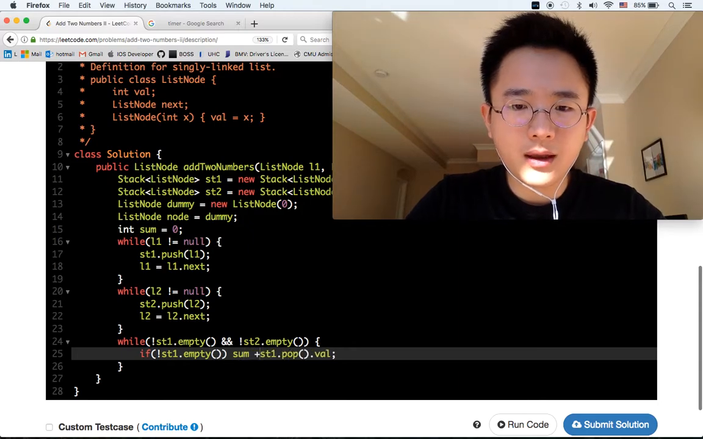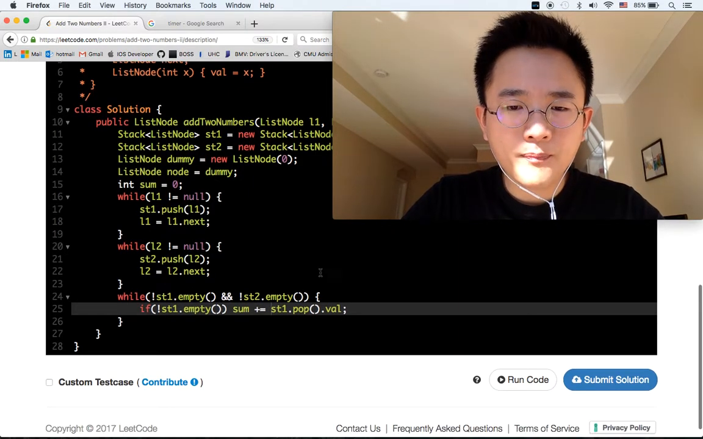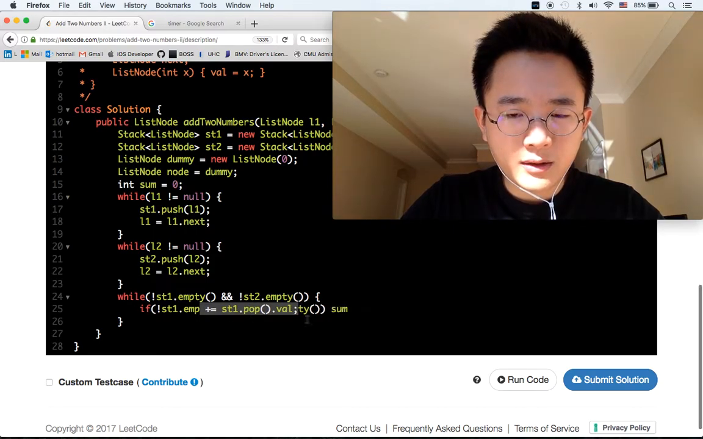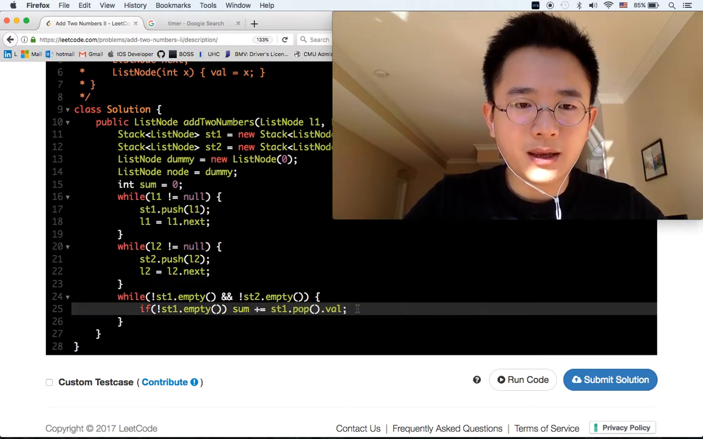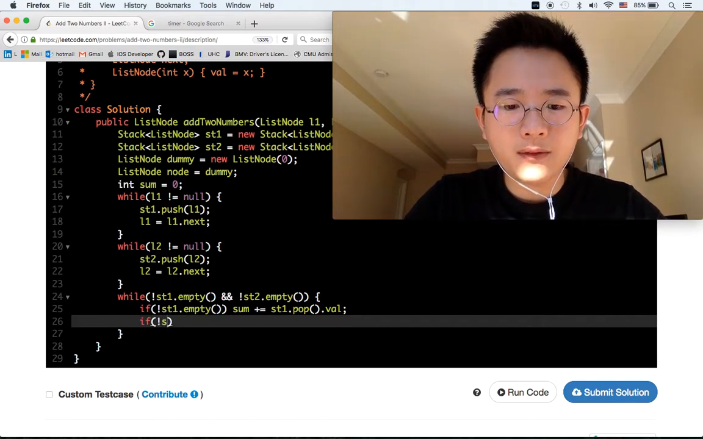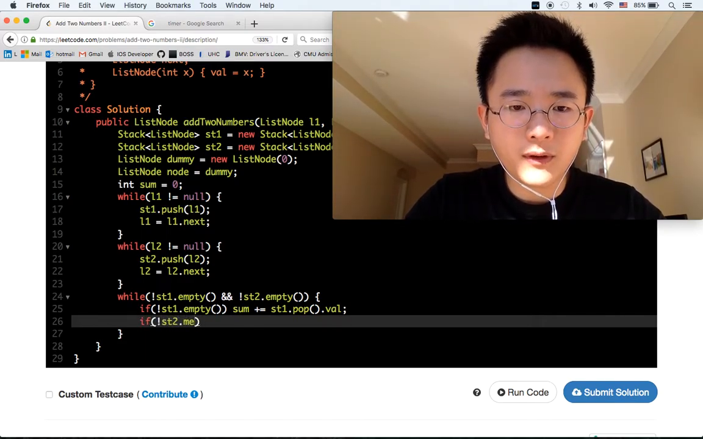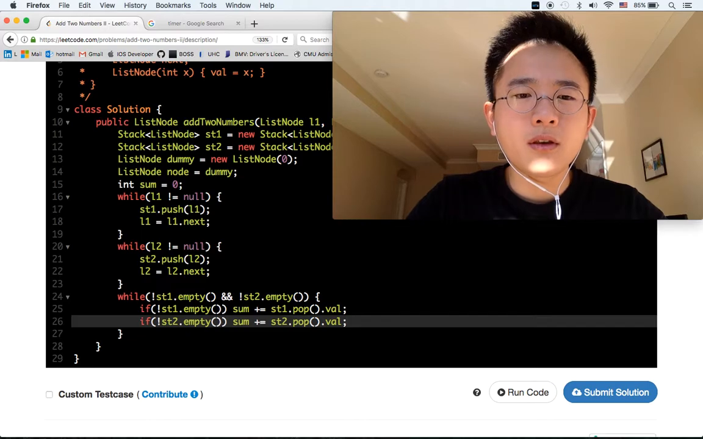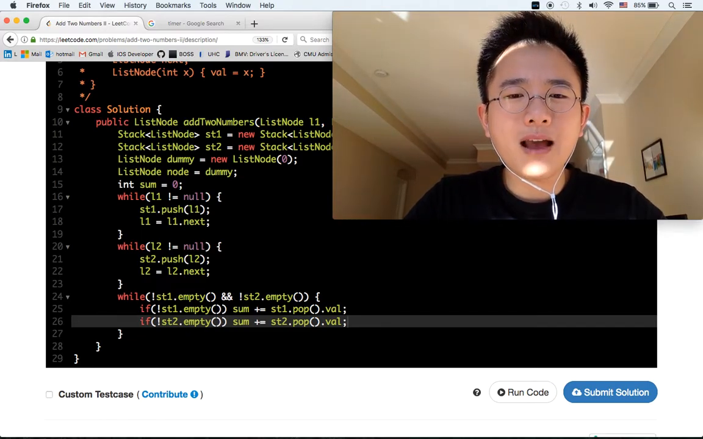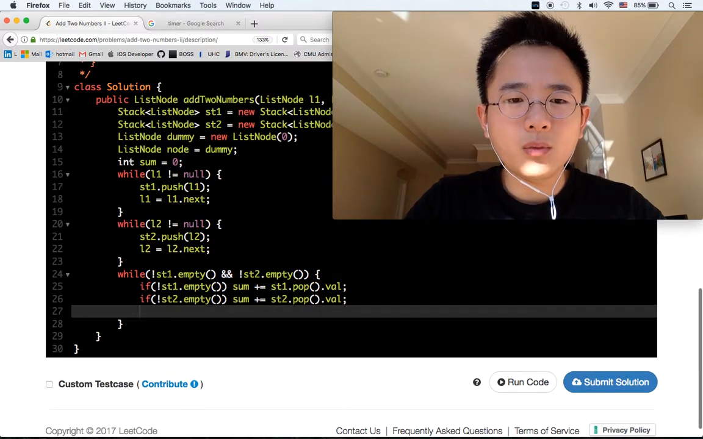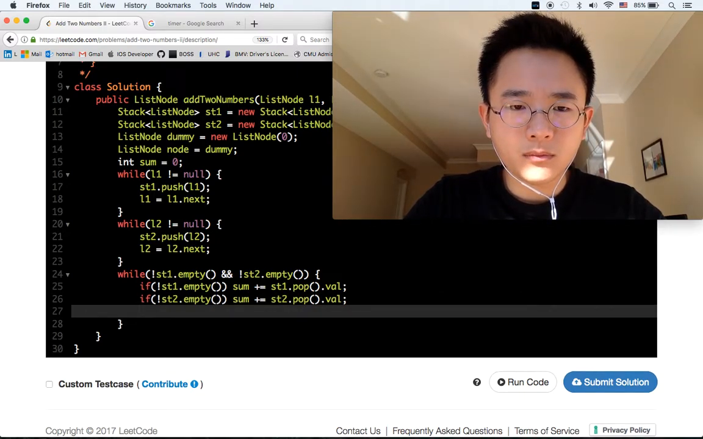So sum will add st1 pop. Same thing: if st2 is not empty, then sum will add st2 pop dot value. So if it's not empty, then we will add it to sum, and we will create a new node. Node dot next is equal to,